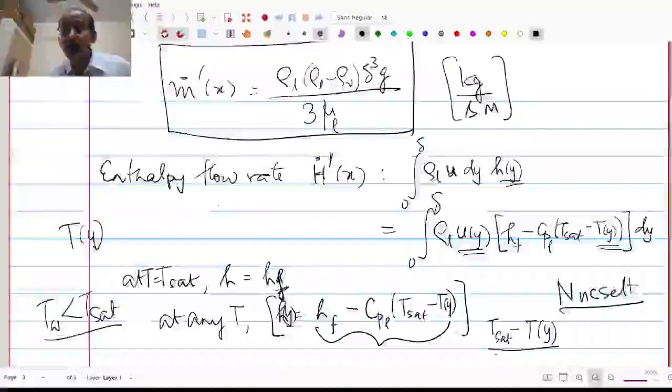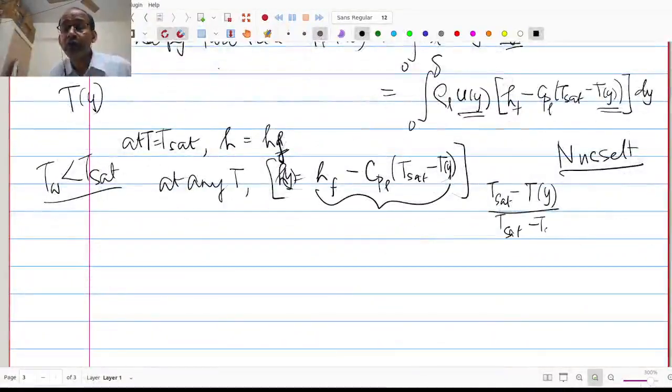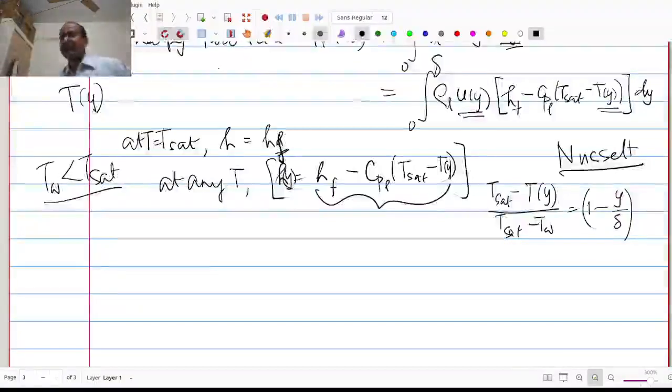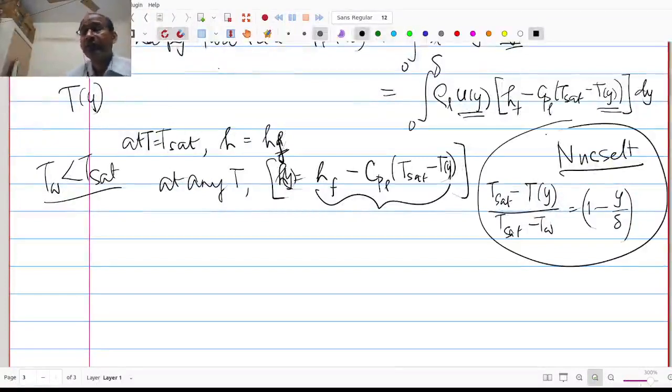T sat minus T at any y divided by T sat minus T wall is equal to 1 minus y by delta. This is the linear, straight line profile that Nusselt assumed and used to evaluate this integral. So that's a simplified form of the integral. The values that you get may be approximate, but still the expression becomes easier to evaluate. So this is the Nusselt assumption, and using that, if I can do this integration, then I get H prime